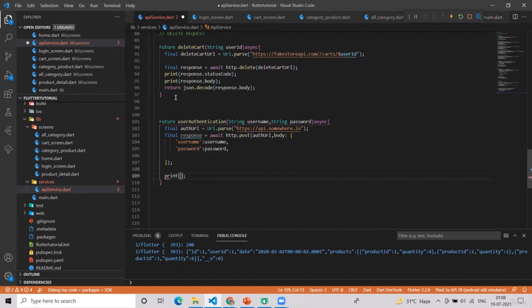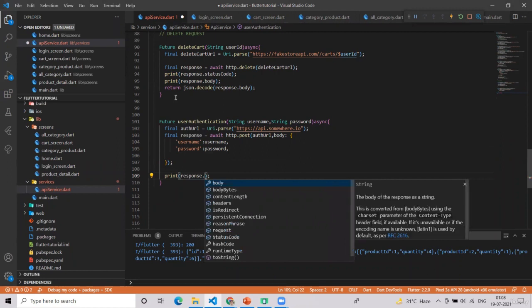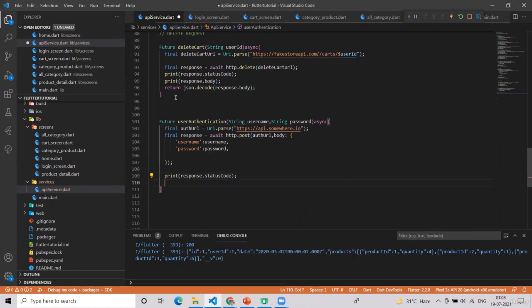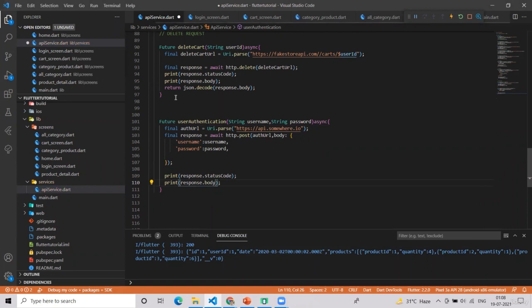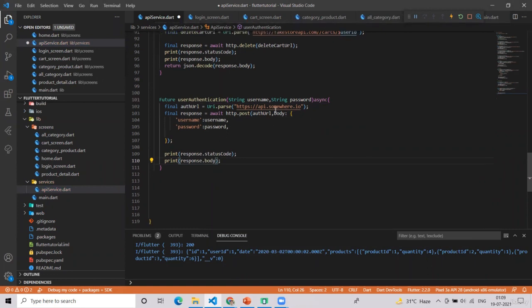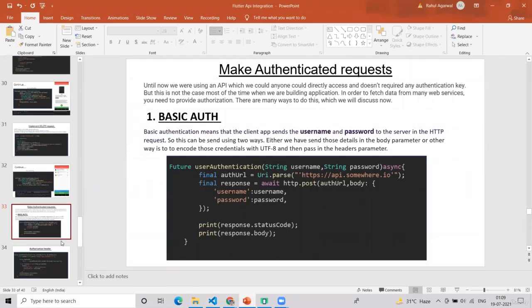I'm just saying it again that here we are not using any API. I just want to show you the code of how to authenticate over HTTP, because everything will be the same as we have done before. The only difference is we use this body parameter. So just imagine this is your Node.js server and we are sending the username and password for authentication. So this is one of the basic auth.